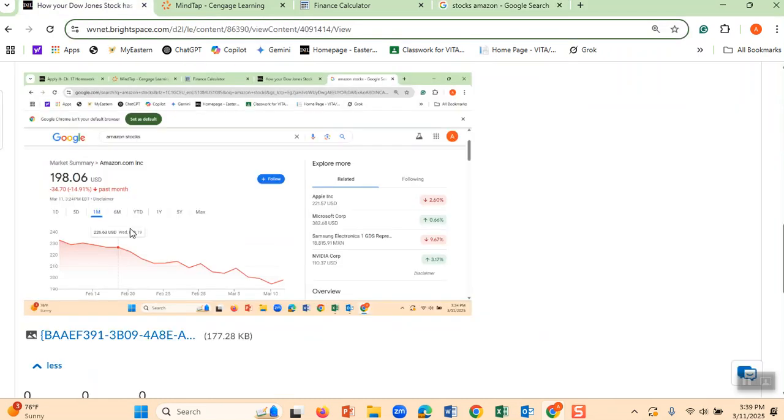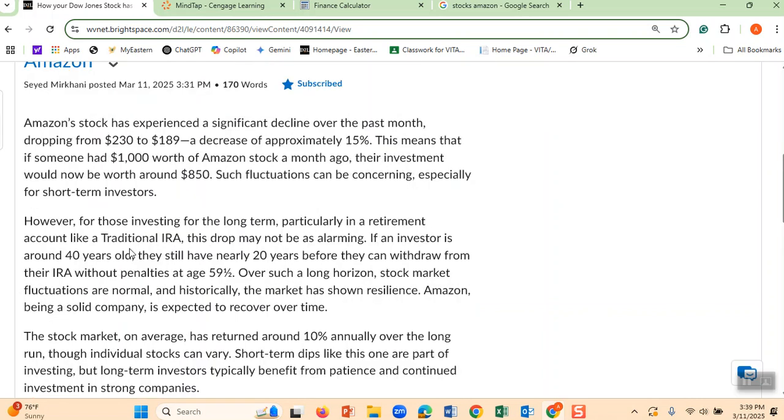I put some of my notes, if you want to put some notes about your stocks, and I said that the people who have invested don't need to be worried about anything. Let's say someone invested in Amazon in a traditional IRA, and this person is 40 years old. What's going to happen to Amazon from now until the person becomes 60 years old? Because when you put money in an IRA, you don't want to withdraw, because if you withdraw money, you have to pay taxes and a 10% penalty. However, if you become 59 and a half, you don't pay this penalty, and of course, by that time you have to pay taxes. Therefore, these are my notes.